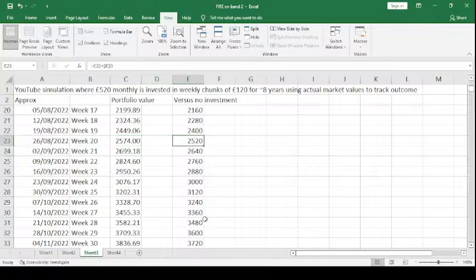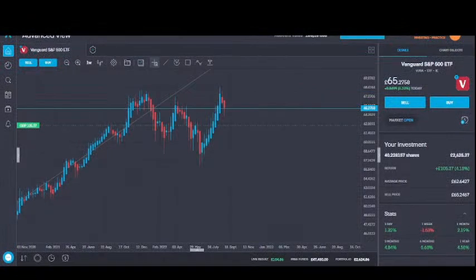With the weekly growth, we're going to be putting in another 120, which will bring the amount invested to 26.40, and then hopefully we should see portfolio value in around 2,700. So let's switch across to the market,